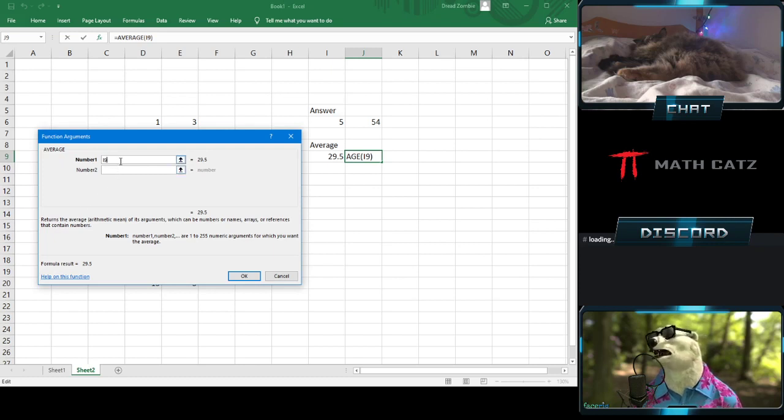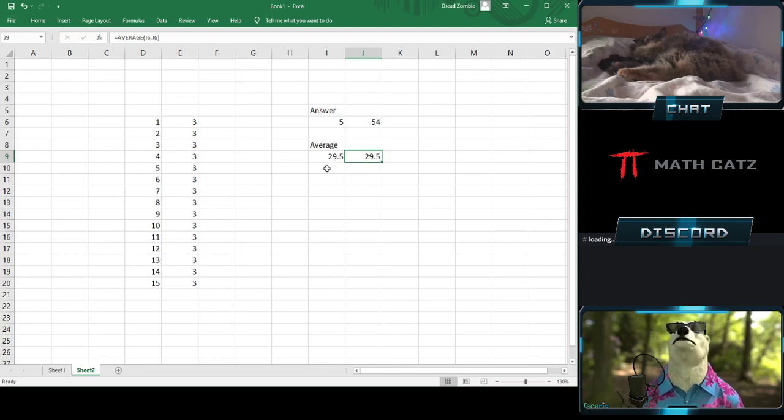So in this case, let's just do it like this. My first number, I want it to be that one. My second number, I want it to be that one. Yes, I can do it in a different way as well, but for now it's sufficient. And I say okay, and it gives me the same answer. So I have a bunch, and this is called the average function, named. So often when I have bigger collections of numbers that I want to do stuff with, having these built-in